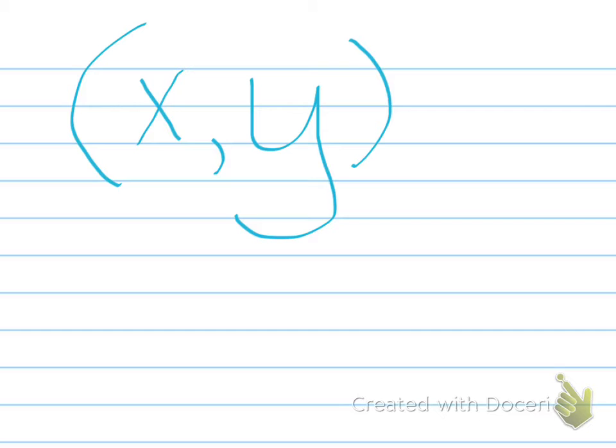So write this down. This is our ordered pair. The x's used to only go to the right, but now we know that they go right or left. The y's used to only go up, but now we know that they go up or down. To the right is a positive, to the left is a negative. Up is a positive,